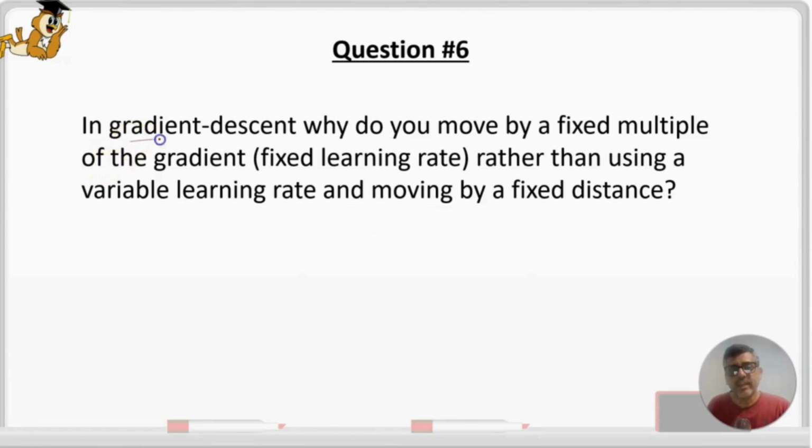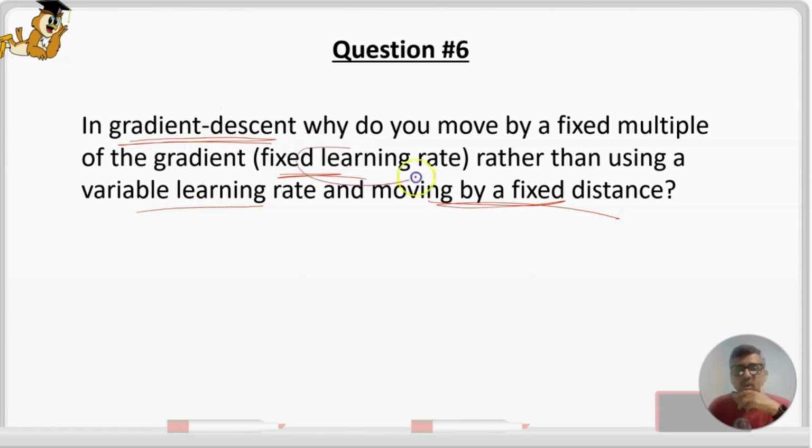Question 6. In gradient descent, why do you move by a fixed multiple of the gradient, right? So with a fixed learning rate, rather than using a variable learning rate and moving by a fixed distance, right? Nobody said that. I mean, why couldn't you just have a scheme where alpha actually changed from iteration to iteration depending upon the magnitude of your gradient vector? So moving by a fixed distance, or changing the x and y values by a fixed amount in every iteration,